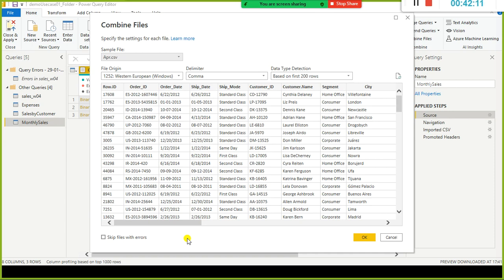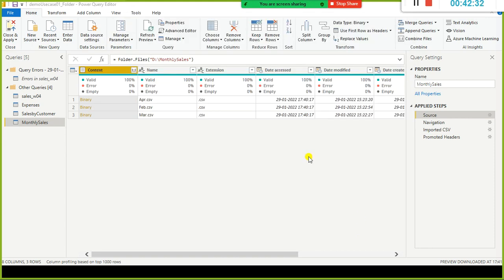Just because 1000 records have a problem, I don't want the entire load, the consolidation of these three files, to be disturbed. So you can enable this one. Since we have fewer records, I'm not going to enable this one. I just click on OK.